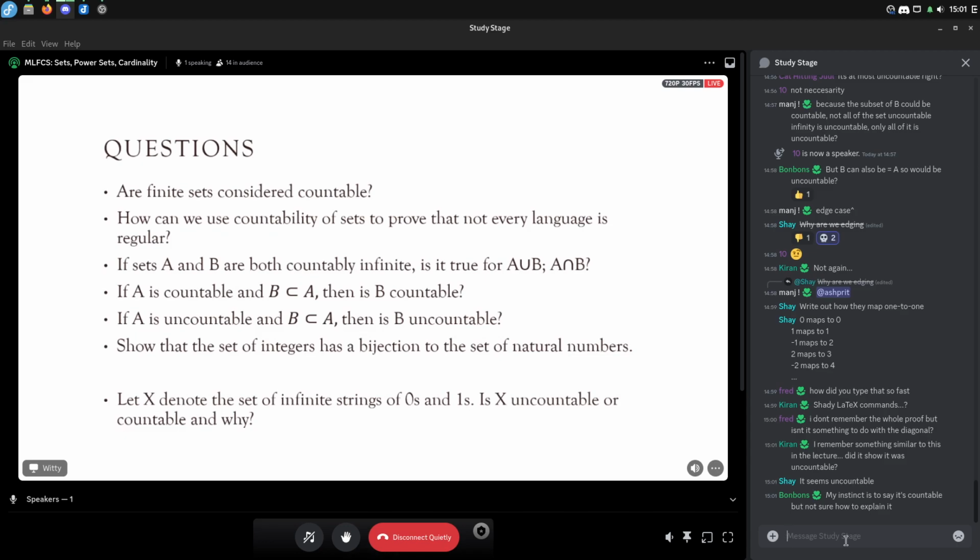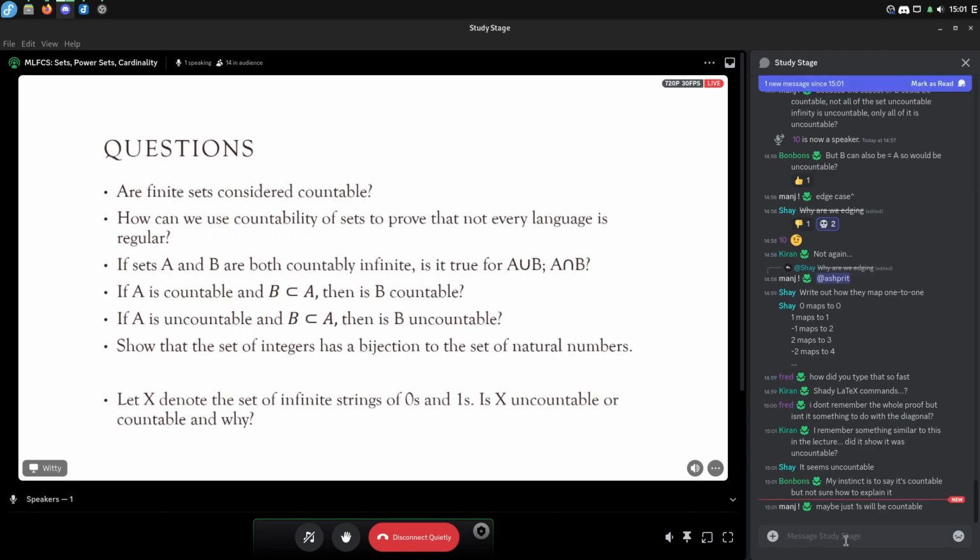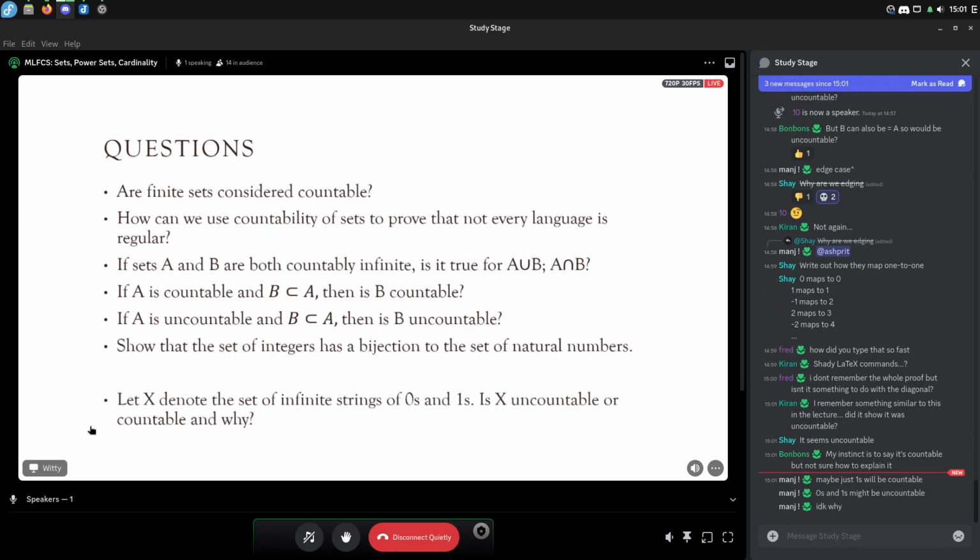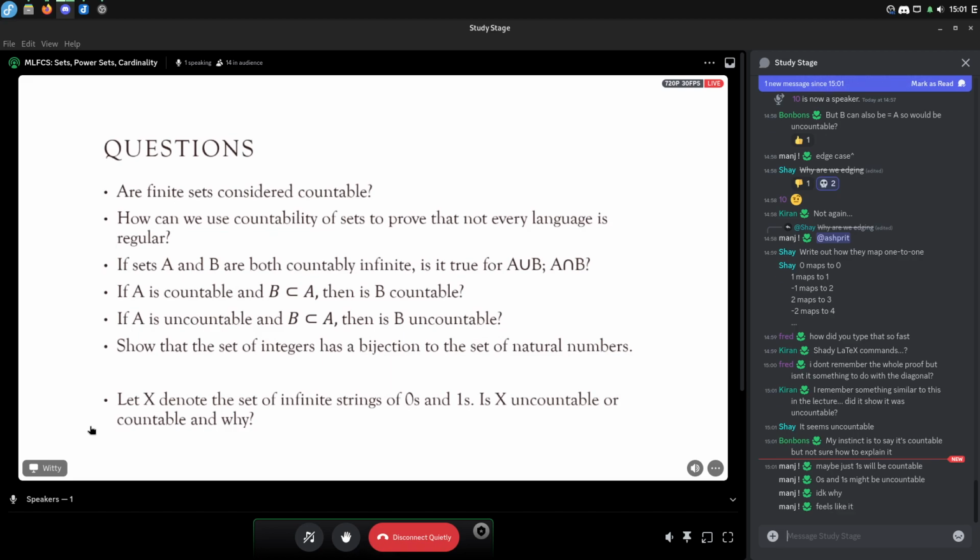Okay, alright. So I fully understand both answers here. I understand why you might think it's countable, especially since we just showed that integers, positive and negative, can all be mapped to natural numbers, right? And it seems like it's the same with zeros and ones. Just like how we map negatives and positives to natural numbers, surely we can map zeros and ones. But I think